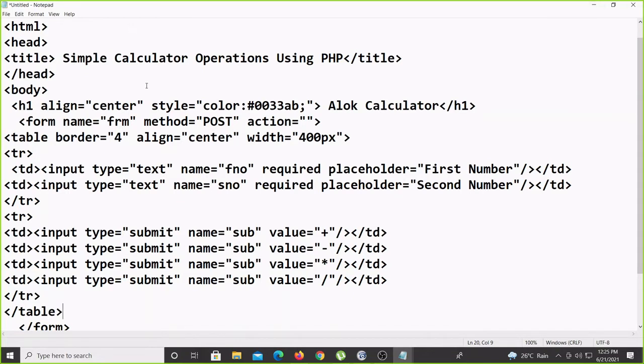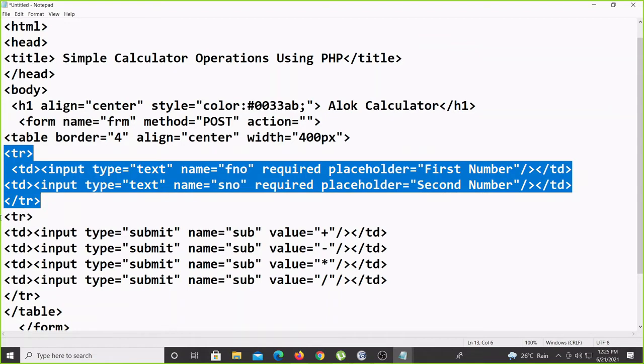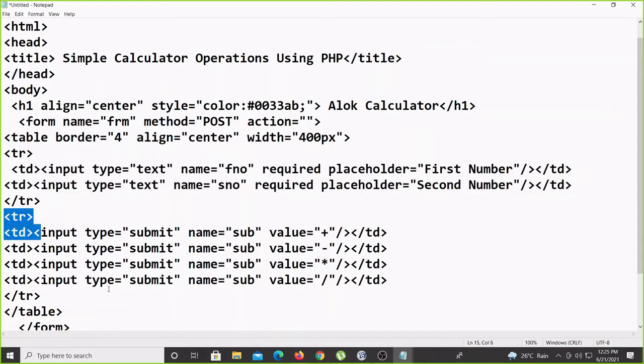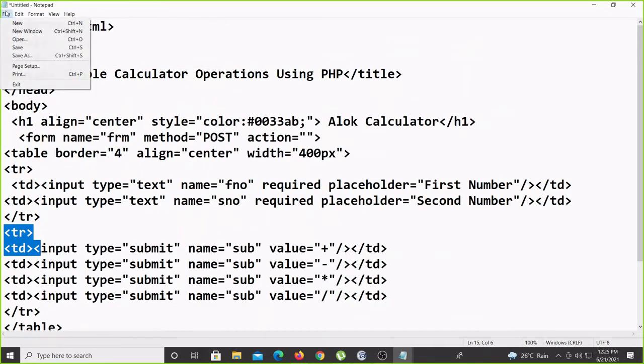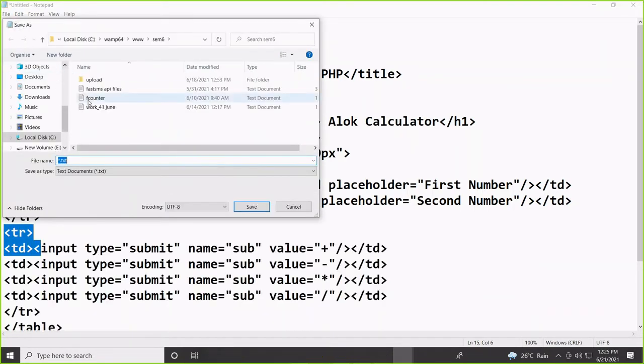Now you see what happened in this table design. In the first row you added 2 td, but in the second row you added 4 td. Okay, first we'll see this design, then only we'll get a better idea. Then we'll use colspan and rowspan, whatever is required. So I'll save this inside the www folder only, and I'll give the file name.